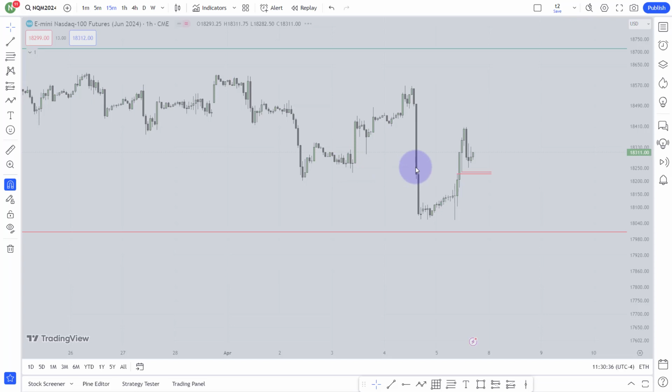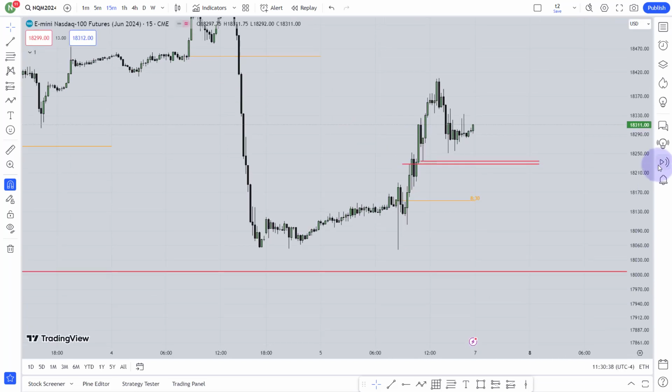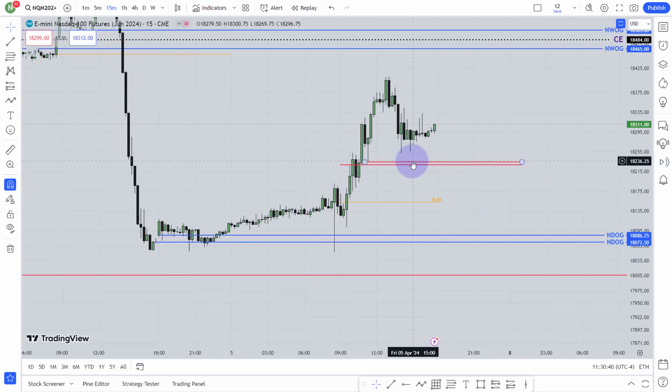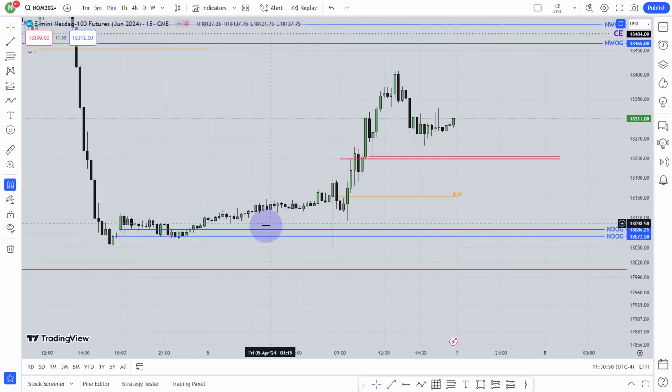If I come to the 15-minute chart, from 15-minute chart, you can see over here, this is that fair value gap from 15-minute chart which has been traded over there. Market traded one more time over here. If you see, market has taken the liquidity around that area. Market structure shift, fair value gap. Market failed to trade that fair value gap, but still it has made this order block, which has been traded over there. After trading that order block, this is your unfilled area, which has been filled by the body.